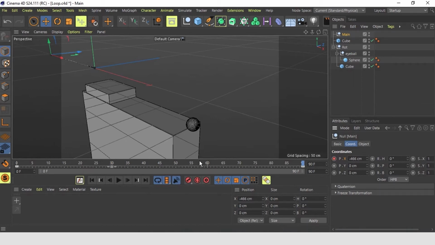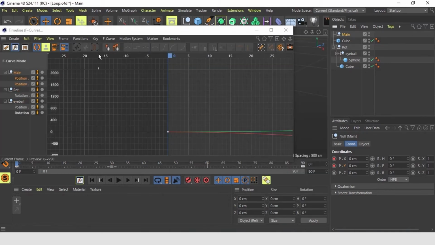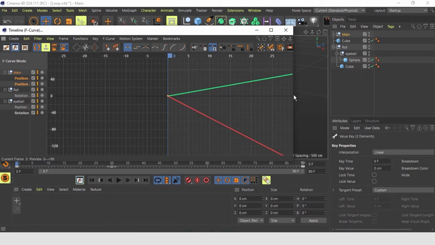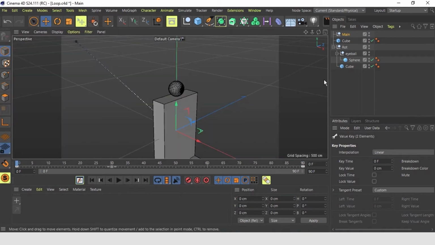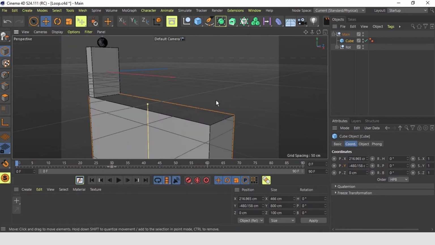And it also moves in the Y. So we set the keyframe on 0, 0, and we know that this has to move up 160 centimeters. That's the height of our cube, and we set the keyframe straight away. Go in here and make it linear. Go back to 0. Now we pack the cube and the rotation into main. And we have a nice camera movement. And if you look at the eye, it works perfectly great.